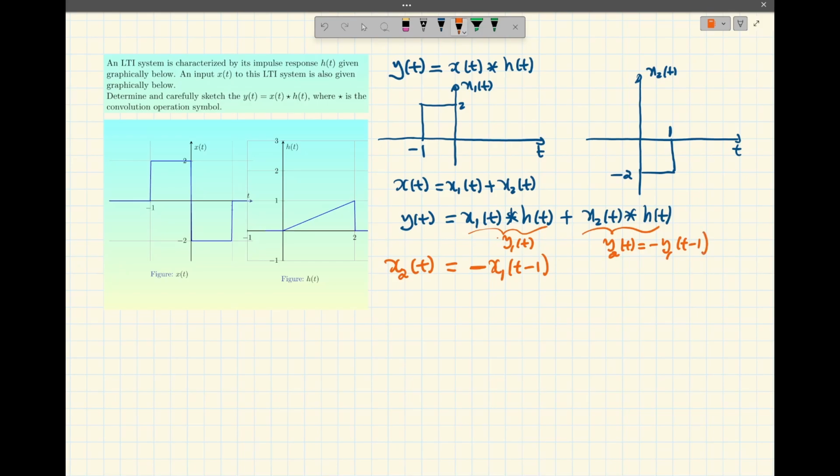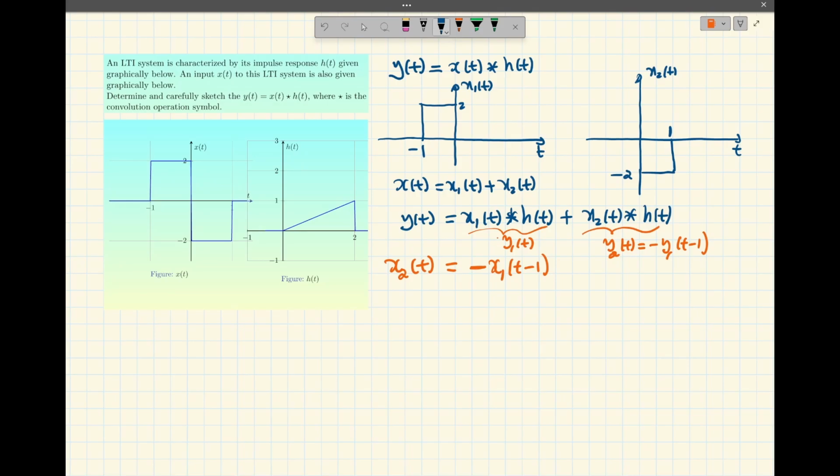So when I scale the input by -1, the output must be scaled by -1, and when I shift the input by 1, the output will be shifted also by 1. So I am going to compute one of these convolution integrals,